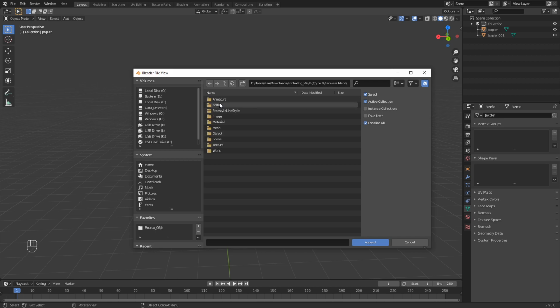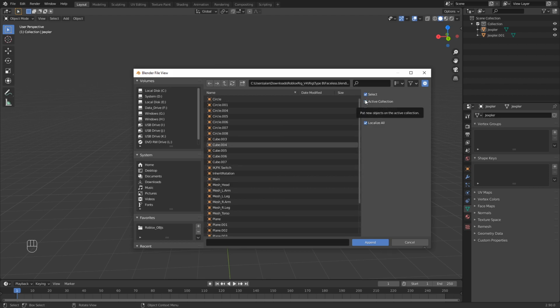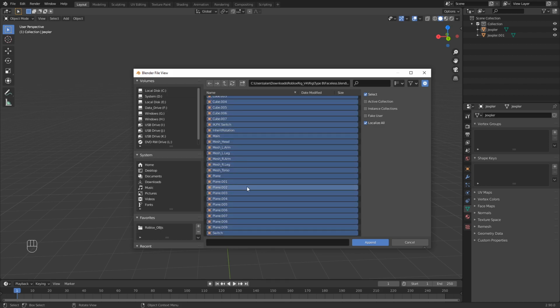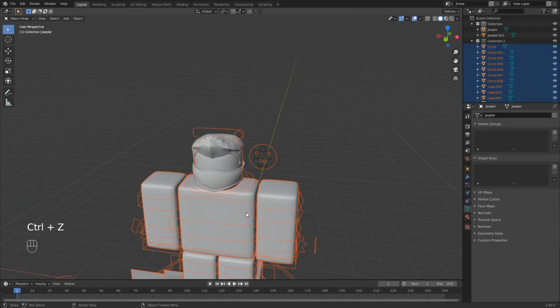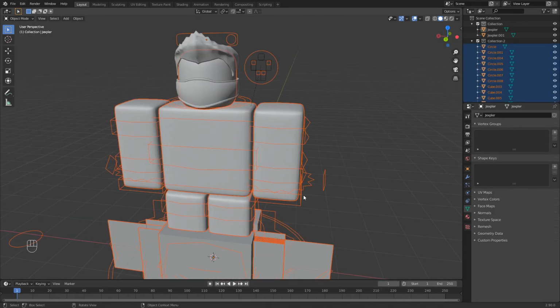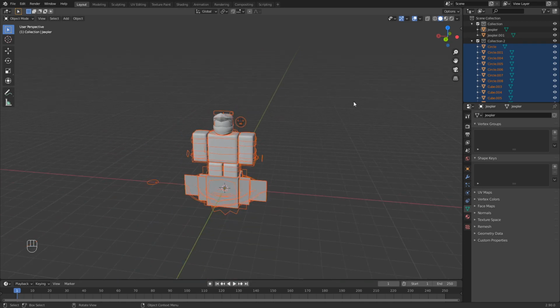faceless, double click on Object, and then before we do anything else, we're going to unselect Active Collection. Now press A while hovering over these to select everything, and then hit Append. Now it's imported it backwards for me, but we can fix that in a second after we delete all this